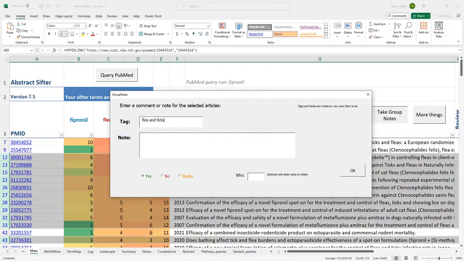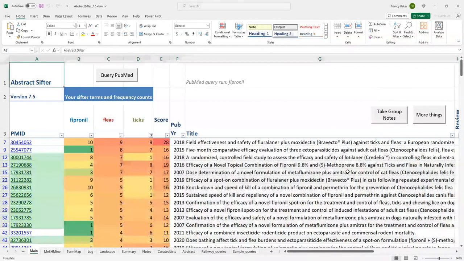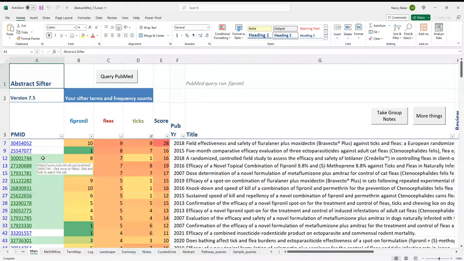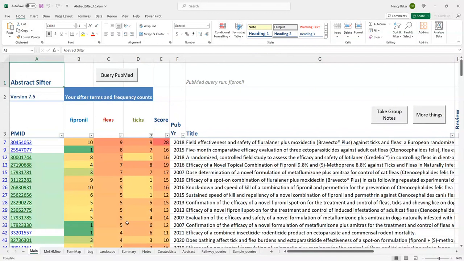I can put anything I want here. It's totally up to you, and you can put a long bit of text here if you want to, and then you can say yes, no, or maybe. But here I'm looking for things I do want to read, so I'm going to click on yes. I could put my initials or name here if I want, and then click on OK. What happens immediately is that these are colorized by the color that I picked on that little form there,